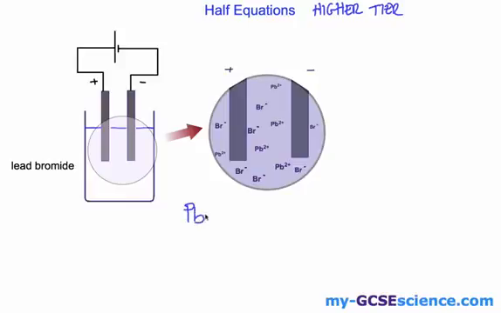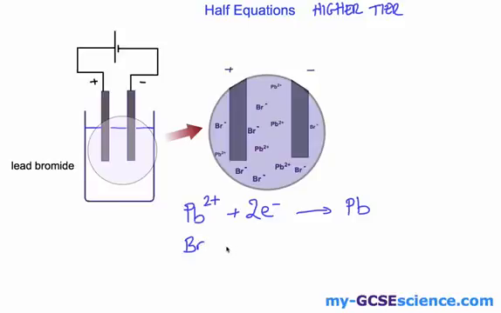We've got lead, which has a charge of 2 plus. That gains electrons, so we say plus electrons. Electrons is written with an e with a small minus, and that will give us lead metal. But what you might realize is that we've got a charge of 2 plus here, so 1 electron is not going to be enough, so we need to balance this half equation, and it's actually very straightforward. We've got 2 plus here, 1 minus, so we just put a 2 in front of the electron, so that we know we've got 2 electrons that are required to balance out the charge and therefore make the atom. At the positive electrode we have